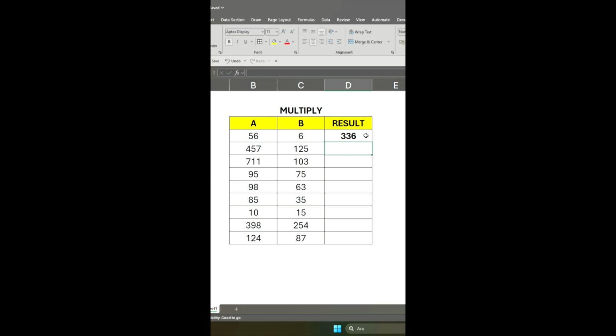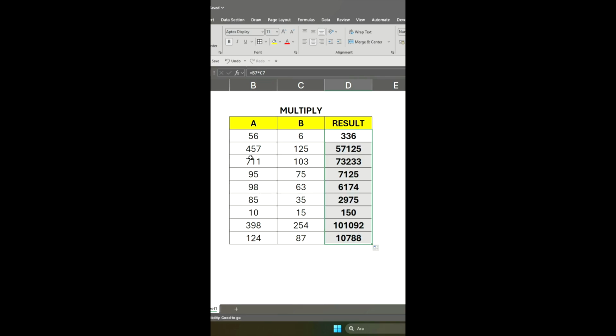Let's also apply this formula to below cells. We're coming to the cell that we wrote the formula, and from down right section there is a small square. We're coming above, a small cross has appeared, and we click and hold the left mouse key, and we're dragging all the way down until we apply the formula to below cells. And here it is. The formula has applied to below cells.